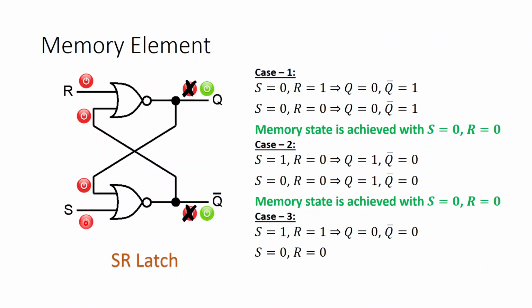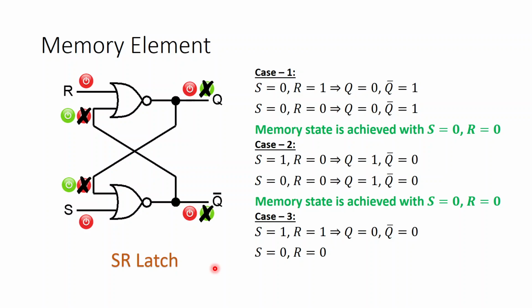That means the output will become high for both the NOR gates, correct? So this output which was 0 0 does not remain that, it becomes 1 1 now. As it becomes 1 1, what happens? This 1 1 will try to go to the input of the NOR gates, and as it goes to the input, you can understand the output will again change to 0 0,